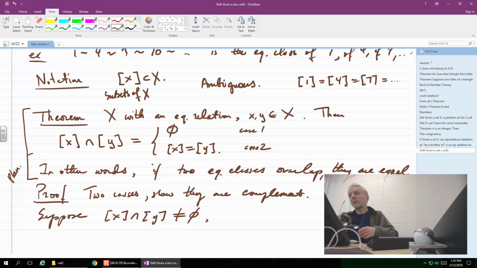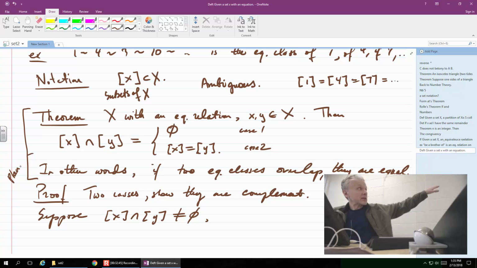Okay, and I want to demonstrate that actually there is more to it, not just an overlap. They actually turn out to be equal. Okay, so that is the idea. But before I proceed, let's make sure that we see that it is exactly the same as the statement of the theorem itself. So they are equal. The second line is they're equal, and the first line is the negation of our assumption.